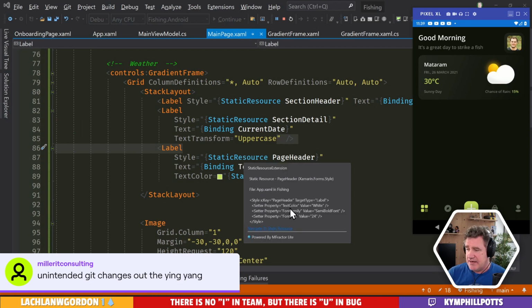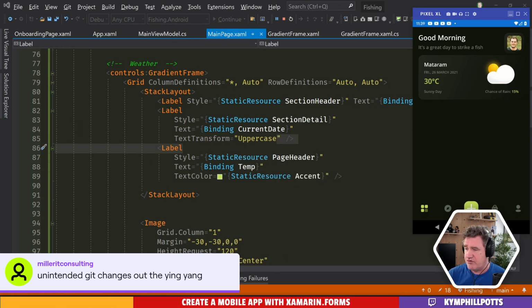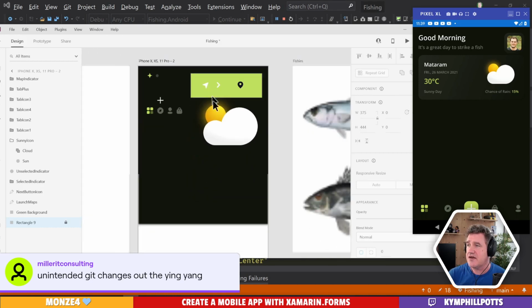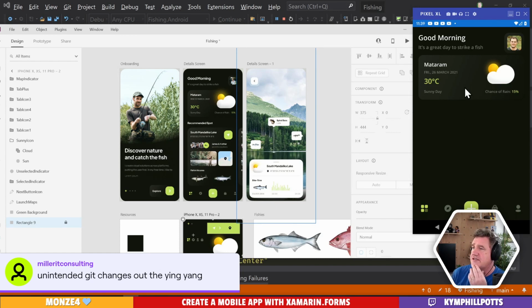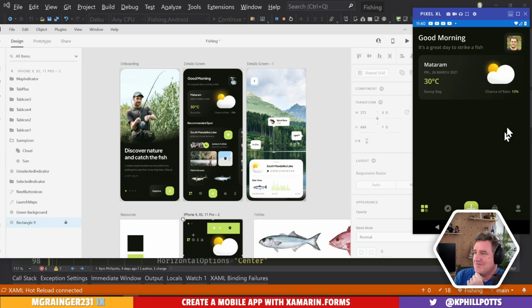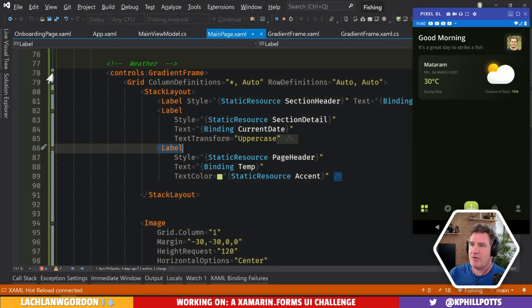Wow. All right. This is progressing. Not as fast as I'd like, but you know, we've got our top section up here. It's looking pretty good. Now what we need is the hotspots, the recommended spots. Okay. Well, we can put the header in first of all. Let's do that. We've got our weather section,